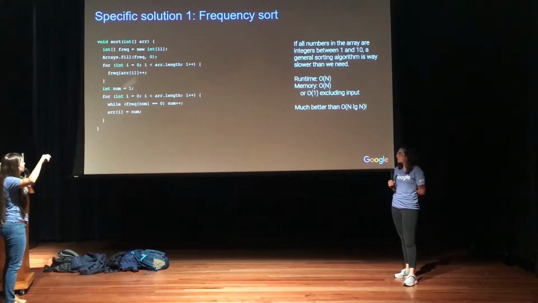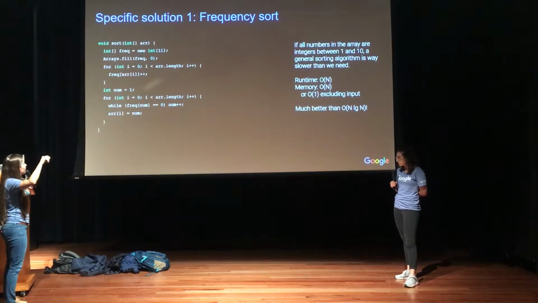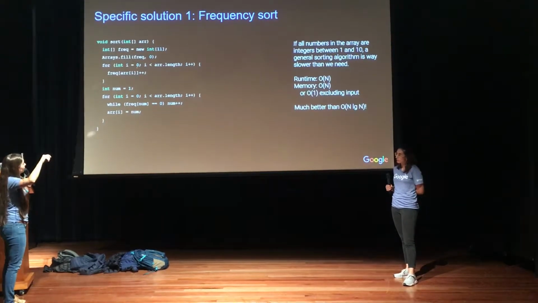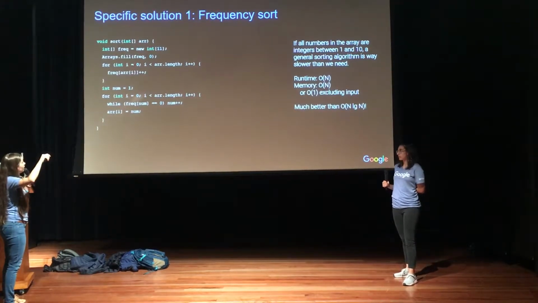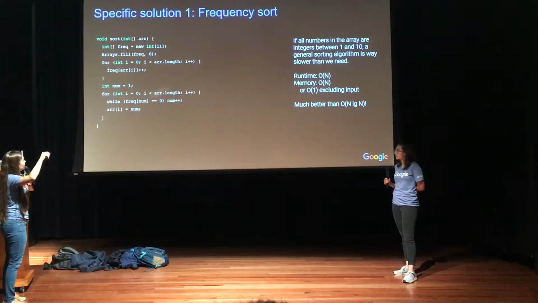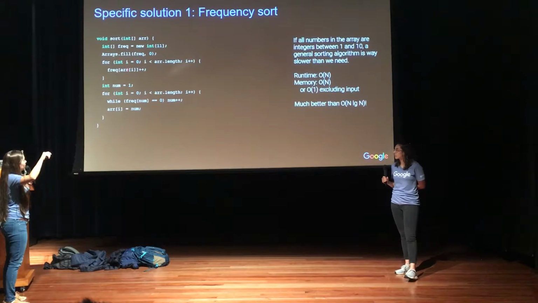For each element in the array, I is going to be 0. Array at position 0 is going to be 3. Frequency of 3, I'm going to increase it. It was 0, now it's 1. I'm going to go again. I is now 1. Array at position 1 is another 3. So frequency of 3 was 1, now it's going to be 2. And now I is 2. Array at position,